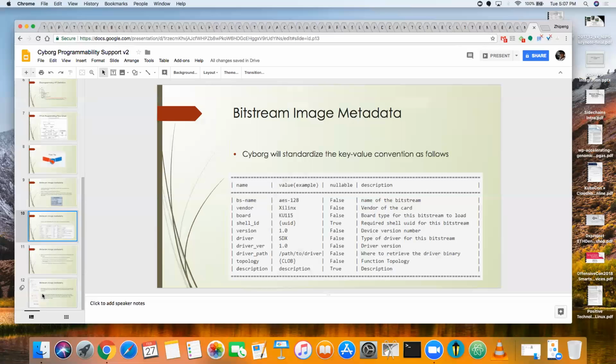No, the driver is the same all the time. The driver loads that information, translates it to functions, and saves it in the database. No, it's all in the user application space. It's not in the database. Cyborg has no knowledge. It just puts the image there and that's it. There's one user function. And the application that you ship within your OS image, your application environment, or your container, whatever you want to do, has all the information about the functions, and it calls the driver and the HAL and everything to actually write.